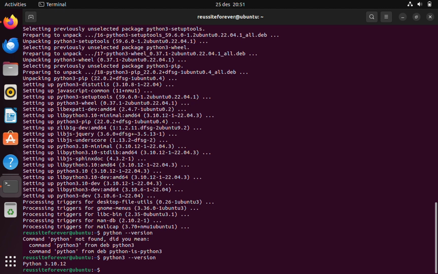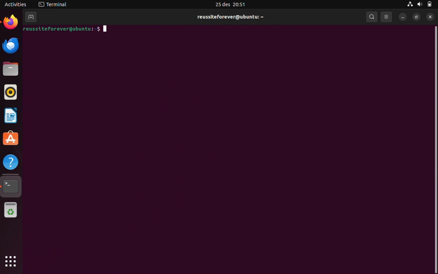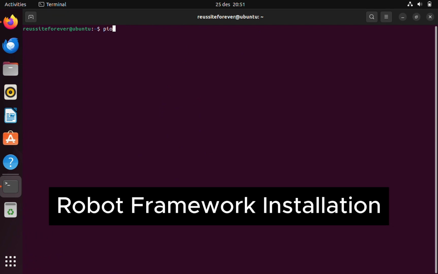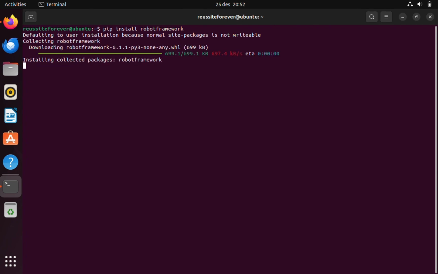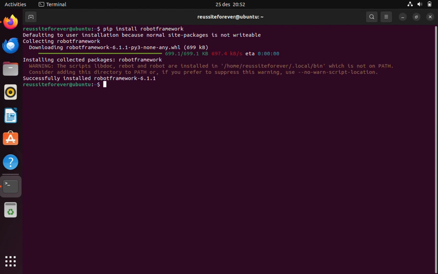Robot Framework. Okay, let's clear the console and pip install robotframework. Okay,